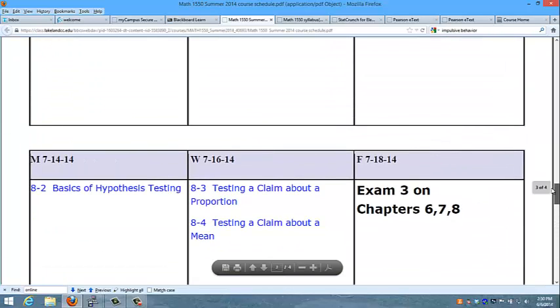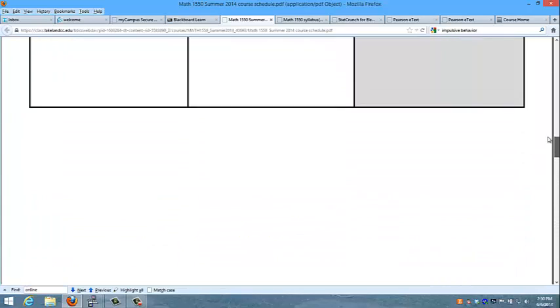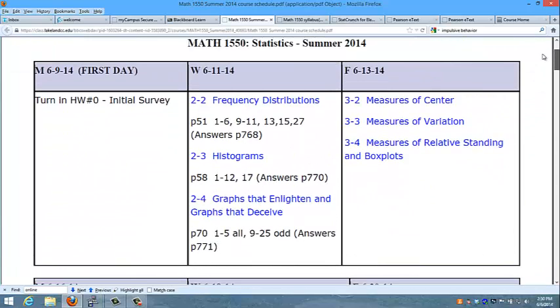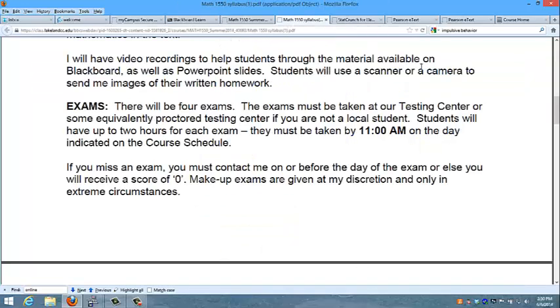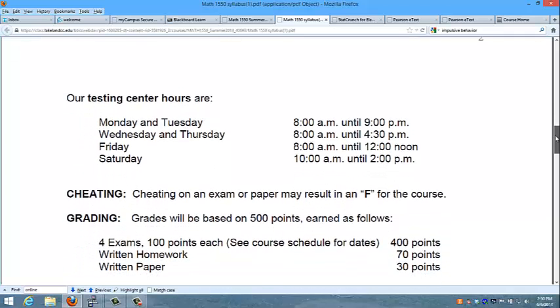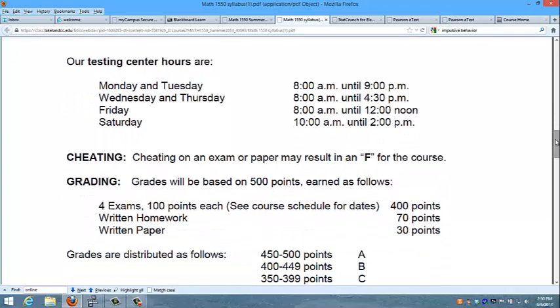But this kind of gives you an idea of what the mapping, what the course looks like. Let me go ahead and go back to the syllabus. Let's see. Those of you that are local and are using our testing center, you need to know the